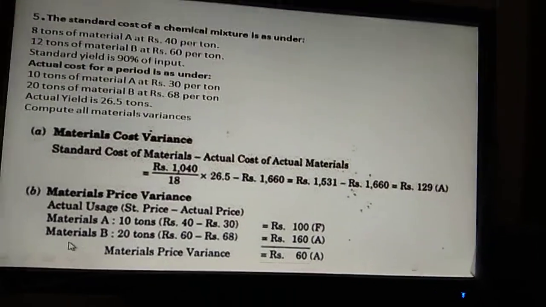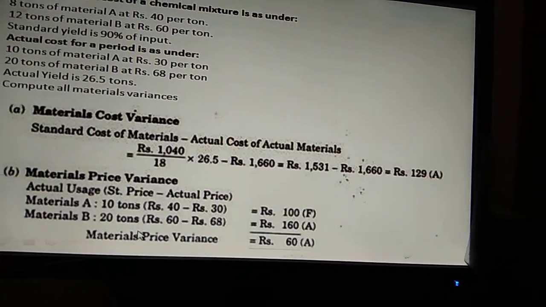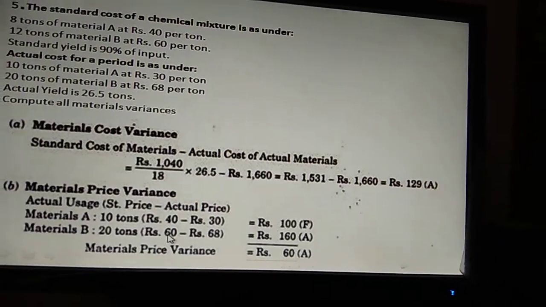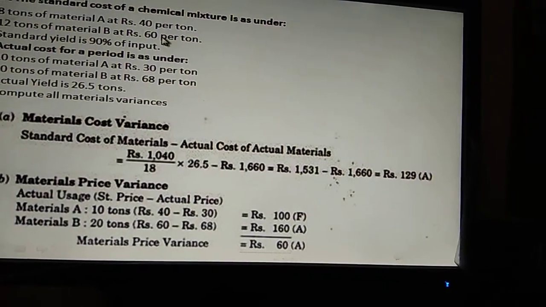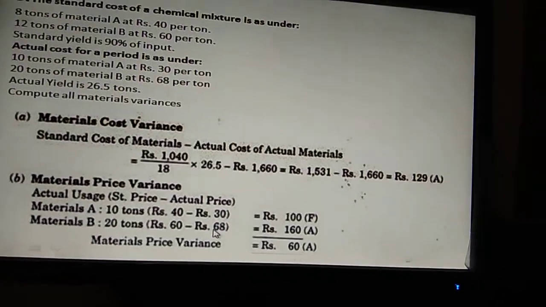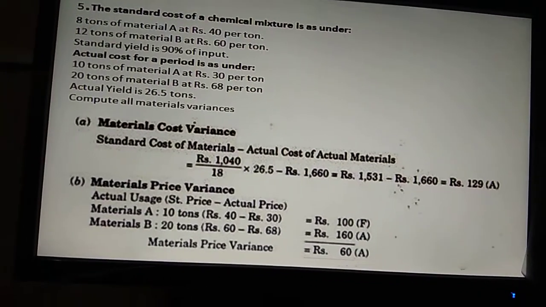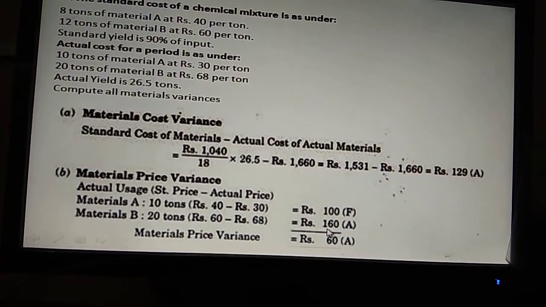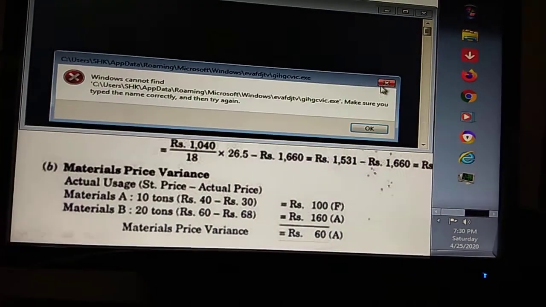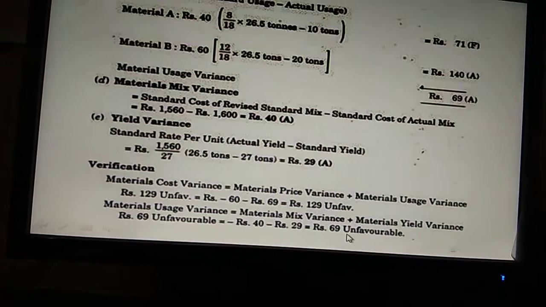Then material B: the actual usage is 20 tons, and the standard price given is 60 rupees, and the actual is 68. The actual is more, so obviously we get adverse. So 8 into 20 is 160. So the difference is 60. The adverse is more. We are going to get the total result as an adverse of